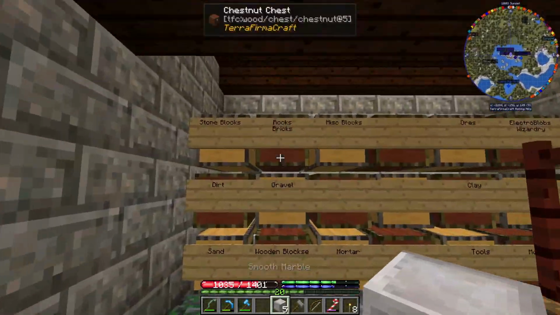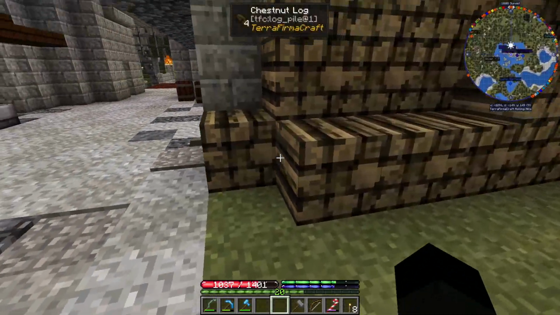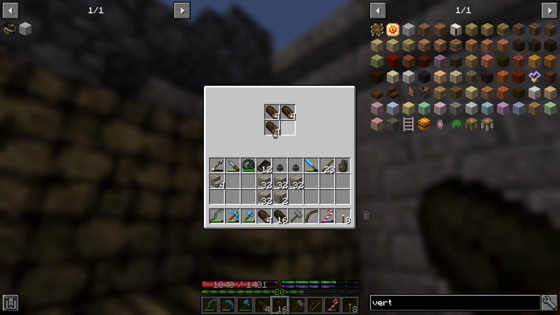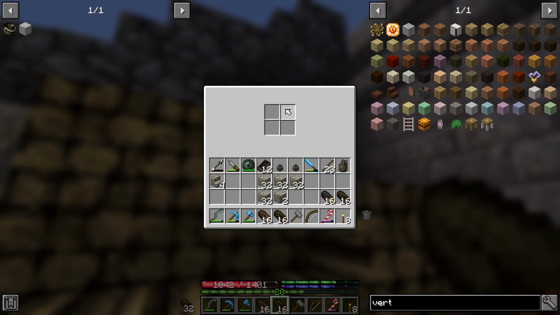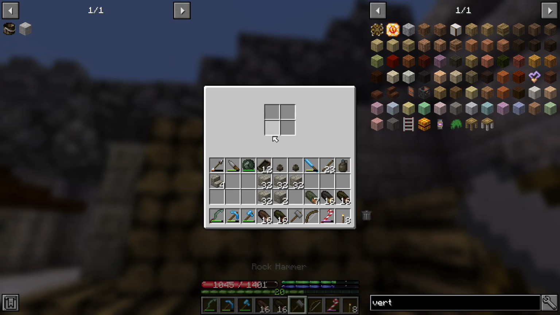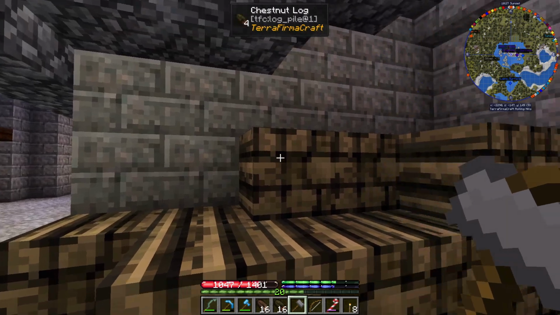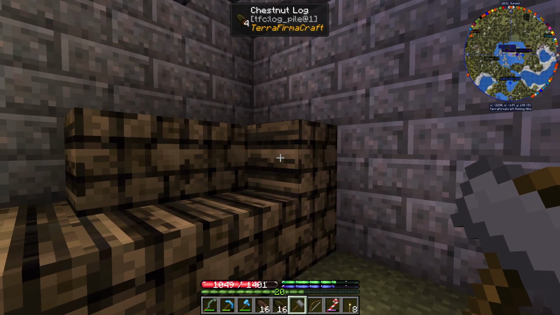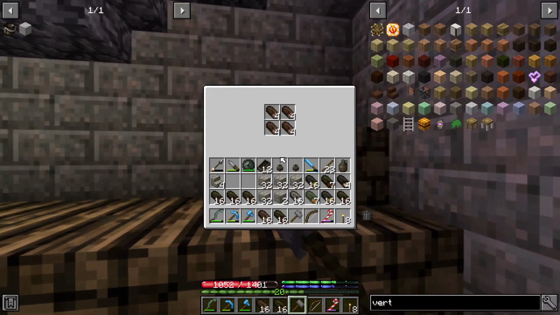Right, so armed with that, we can now start relocating. We've got quite a few different wood types there. A lot of chestnut. Oops, no. I'll just take all of this, relocate it out of the way, and the world will be good and happy, ready for